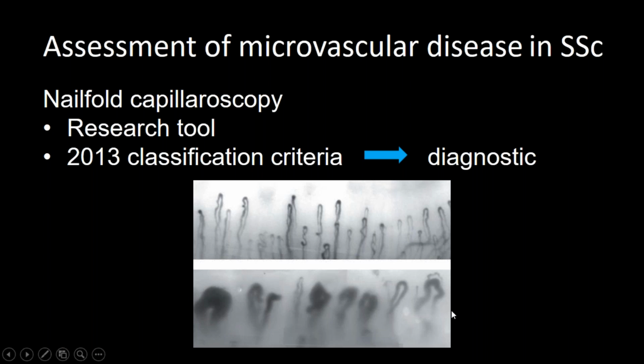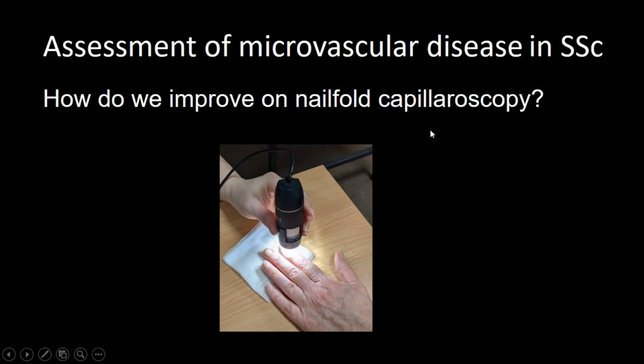In terms of diagnosis, we only need to do this once, because once a patient has presented with capillaries like this, they're unlikely to get any better, because unfortunately there's no cure or treatment that can reverse this process at the moment. Although capillaroscopy is the gold standard, it's definitely not perfect, as is the case with many clinical imaging